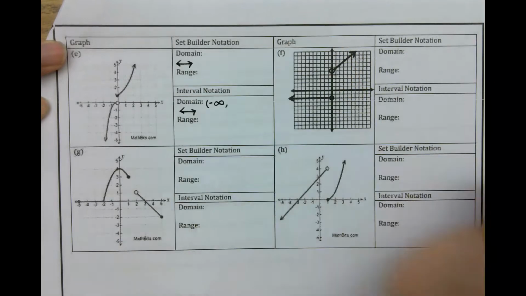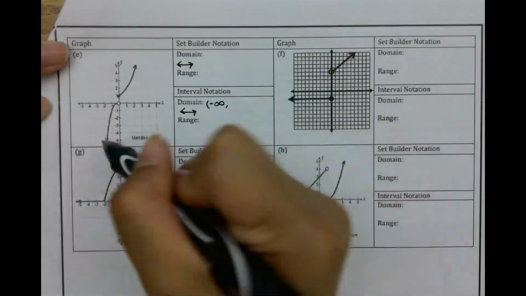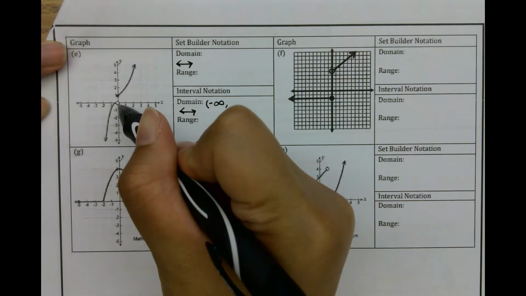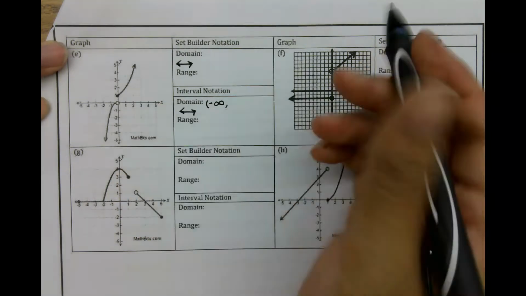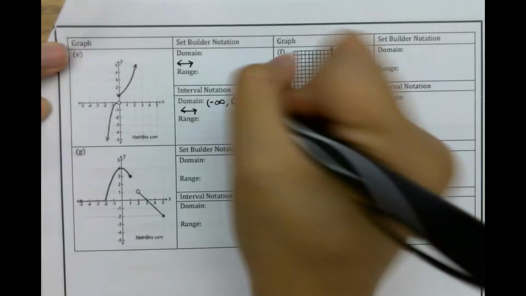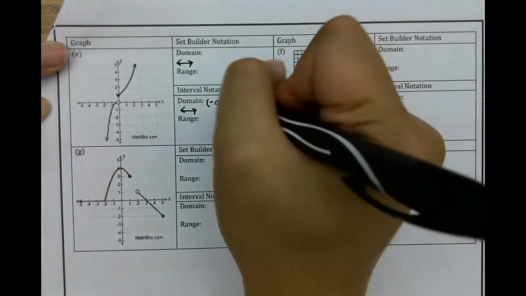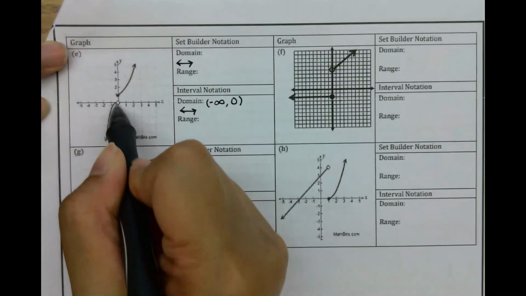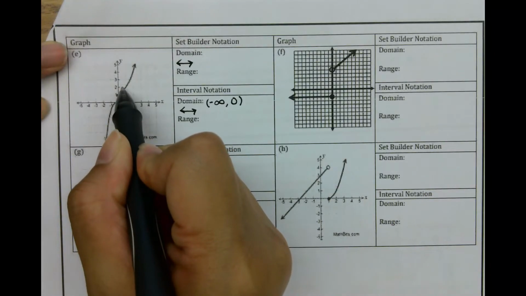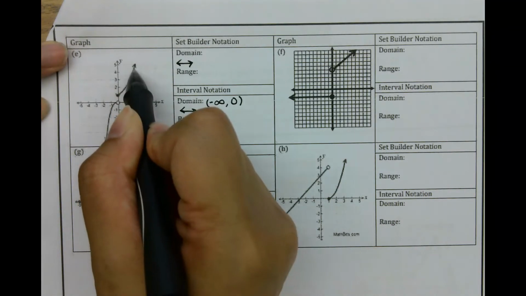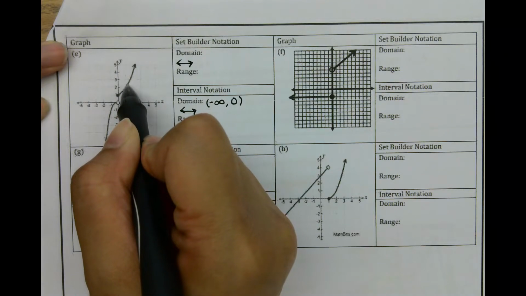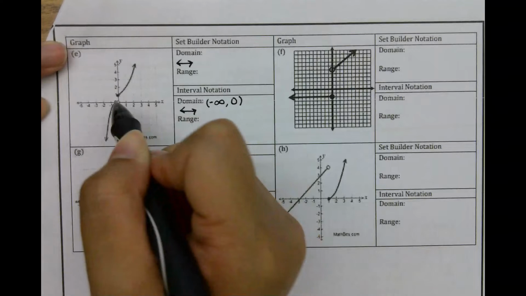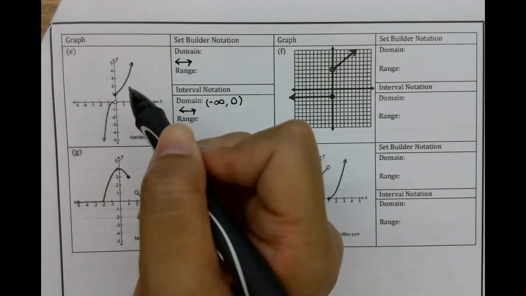Right? Then I'm going to walk up, walk up, walk up. And then once I hit here, I have to stop, and this is 0. Right? The x value here is 0. And because of that open circle, it's not included. Right? The next time I can continue walking is if I walk to this piece. Right? For this piece, if I walk down, down, down here. Right? The x value here is,